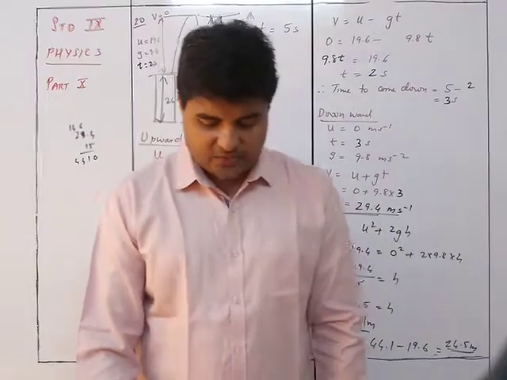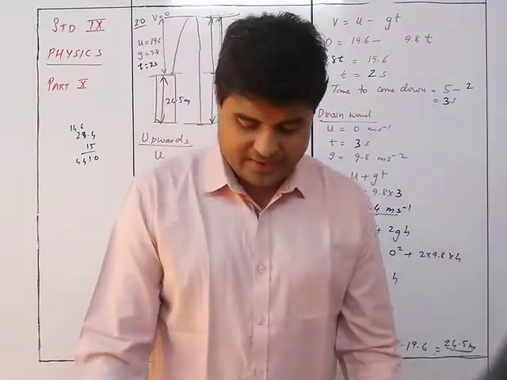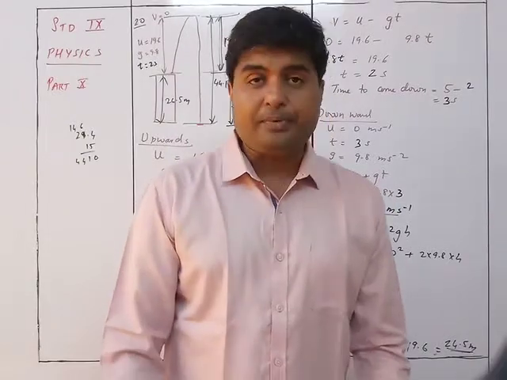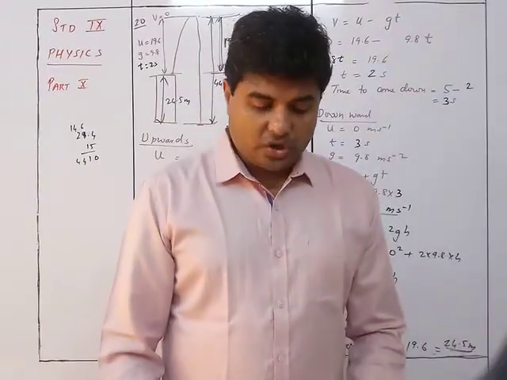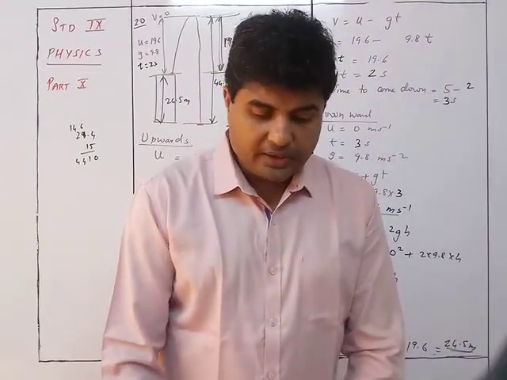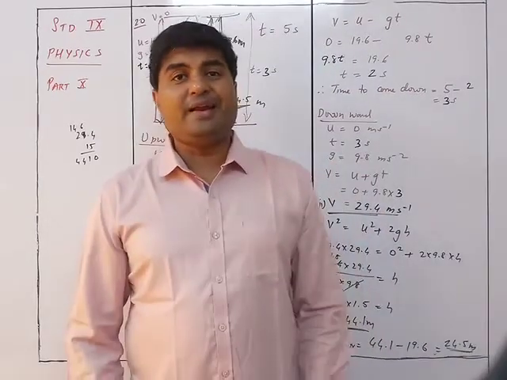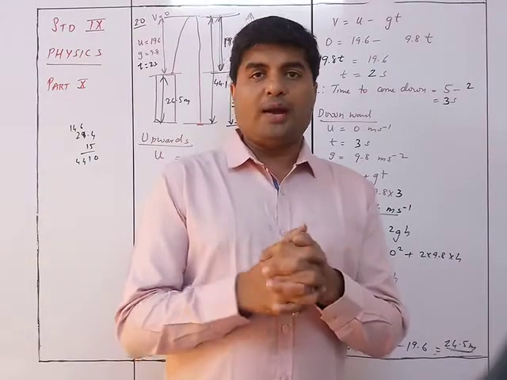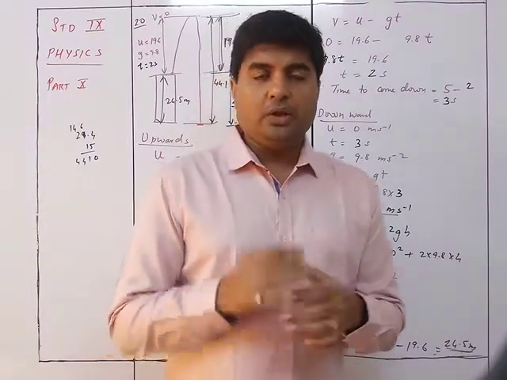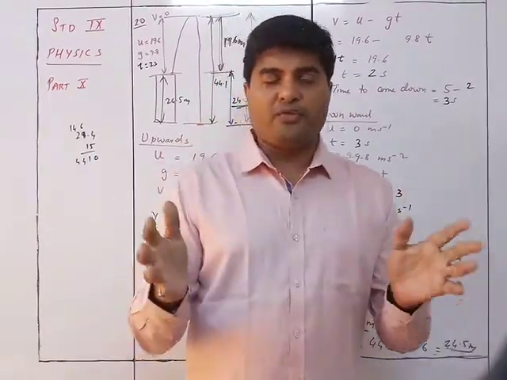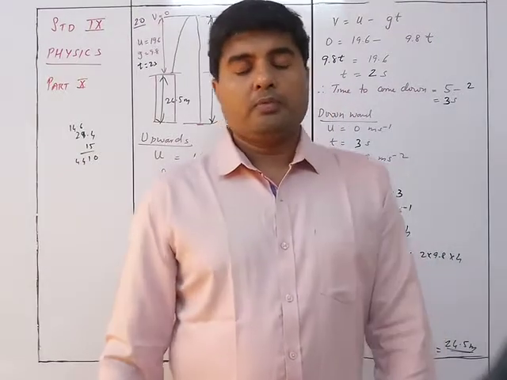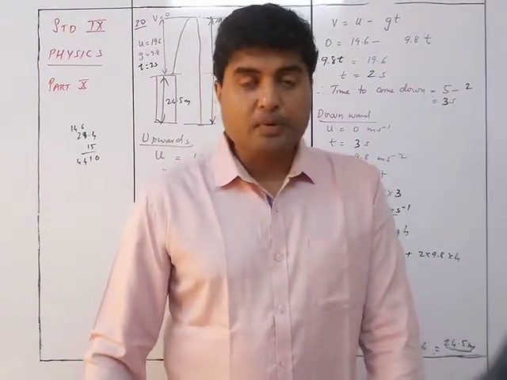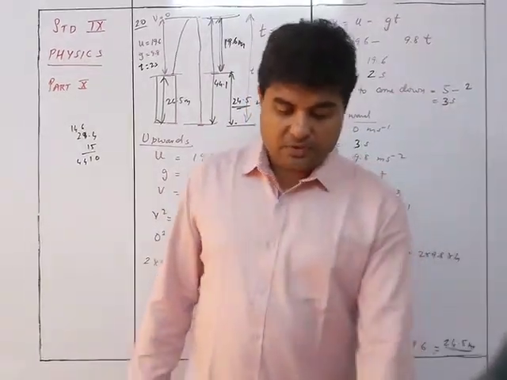And the velocity at which it is reaching the ground is 29.4 meters per second. That was the end of the chapter Laws of Motion. So we have completed the chapter in 10 parts. So in 10 parts, right from part 1 to part 10, you get the complete five sections of the chapter. So please go through them properly, and if you have any doubts, ask me.